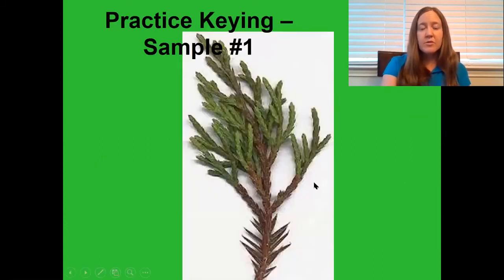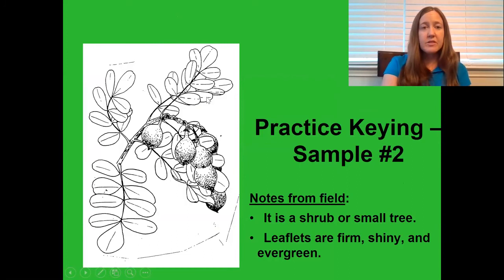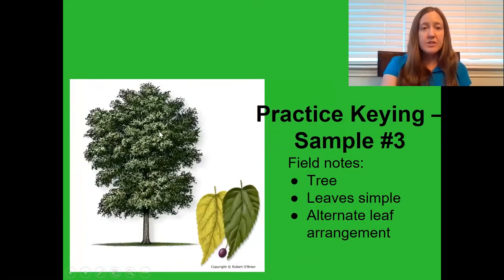So here's the first one. We have just an image of a leaf. It's a common plant that students see in the Austin area. Here's a drawing from a field guide that we normally use when we're in class in person. And with this, you have some notes that should help with identification. And then an image of another tree here that's common in this area with some notes about identification as well. And so what I'll do to help you get started is pull up at least the first website